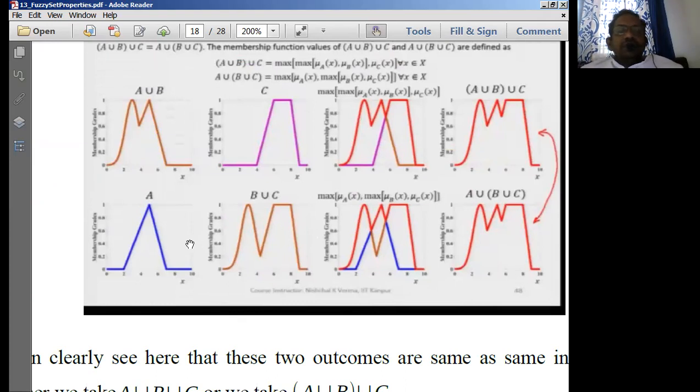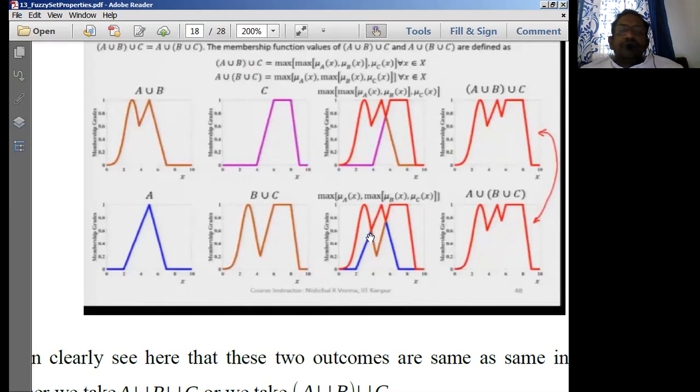So B union C is this, A is this. So B union C is starting at which point? It is starting before 2. So before 2 means what? It is maximum. So definitely you're going to get the bell function, that is called Gaussian function. After that, A is starting at 2, it is increasing now. All right, so this is the function that you're going to write. From here to here it is a Gaussian function, so you're going to get a bell curve. After this, your A is increasing more than B union C.